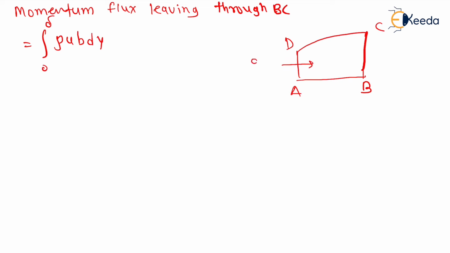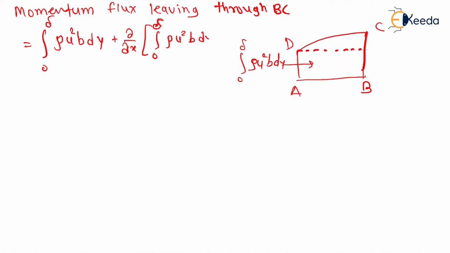This was rho u square b dy, integral of 0 to del, plus the rate of change of the same, that is 0 to del rho u square b dy into dx. So we can have the equation as